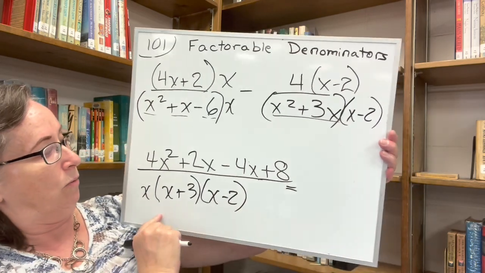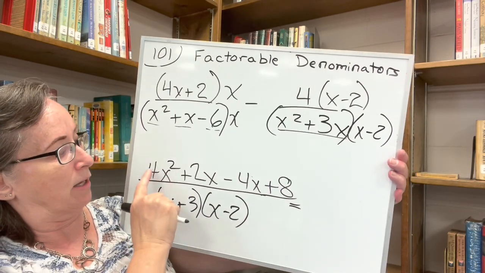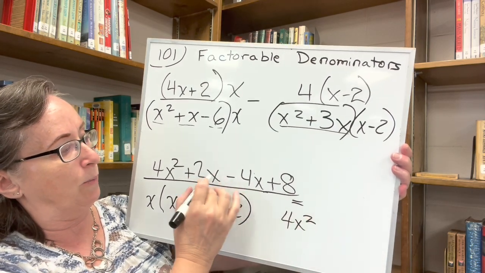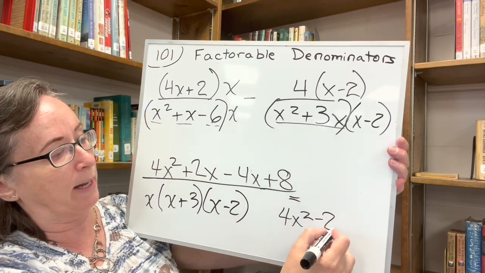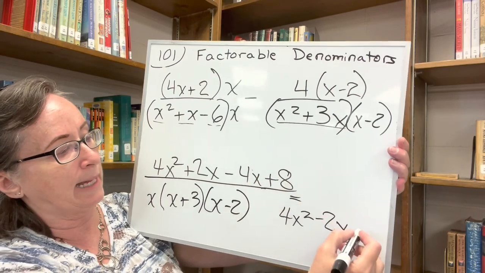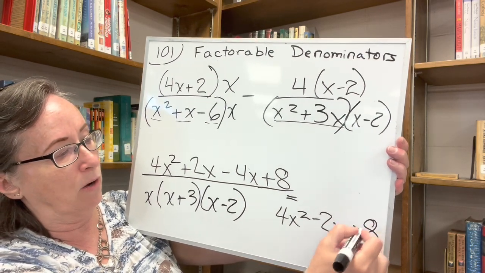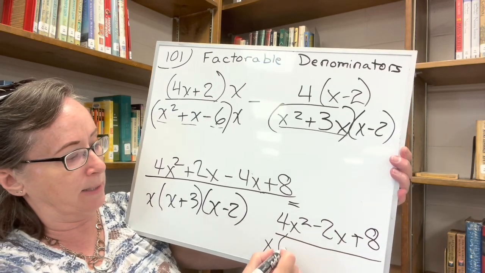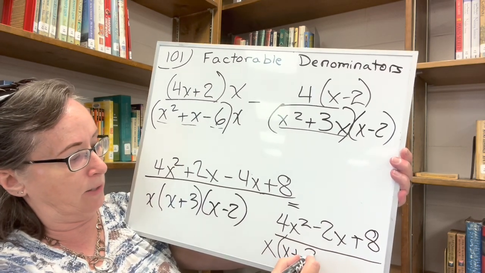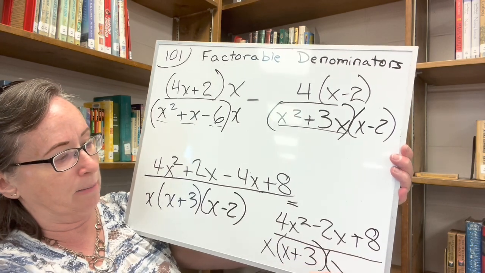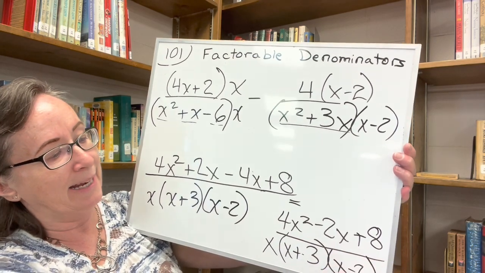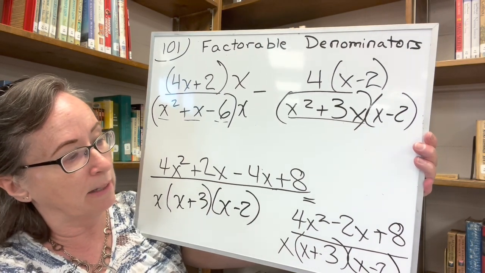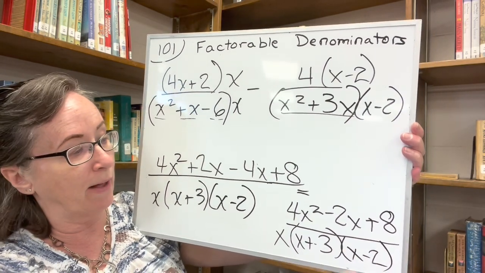And now we're going to fix this all. So 4x squared, 2x minus 4x is negative 2x, plus 8 over x times x plus 3 times x minus 2. Now, that would be fine to leave it that way,